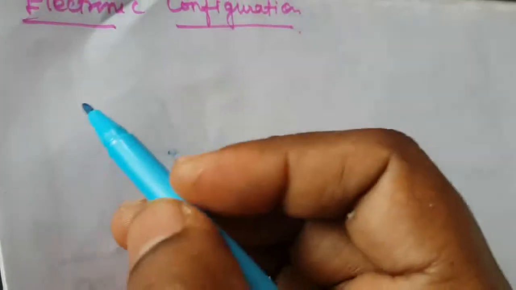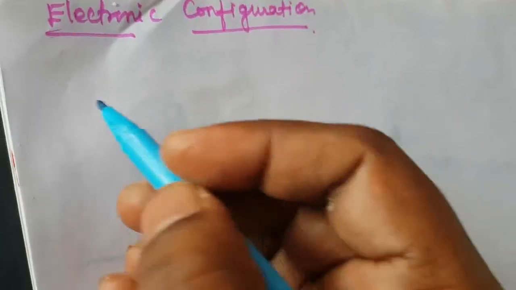Hello children, today we are going to see the continuation of the previous video, that is the electronic configuration. This is the continuation because only then can you easily understand how to write the electronic configuration. Before going to that, how to fill the electrons in the orbitals